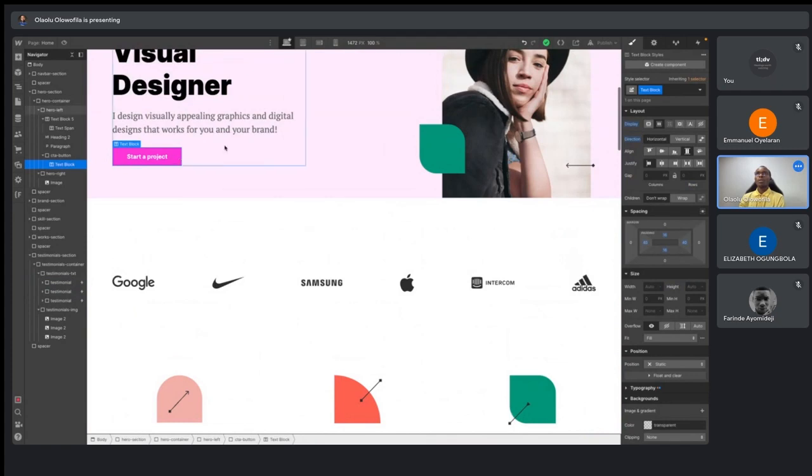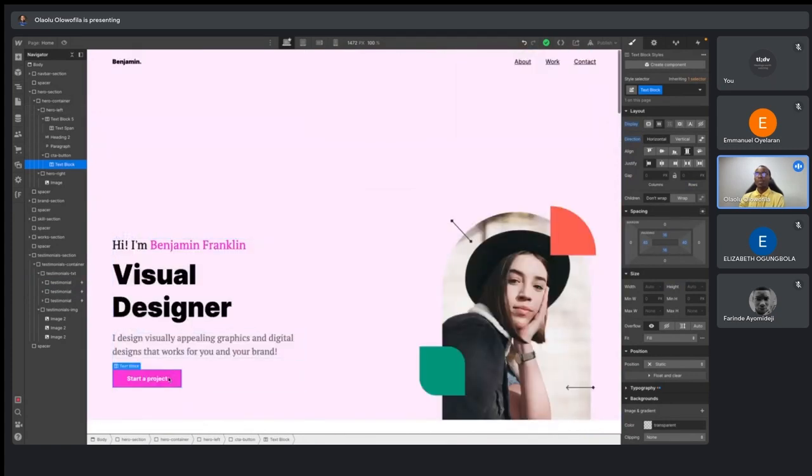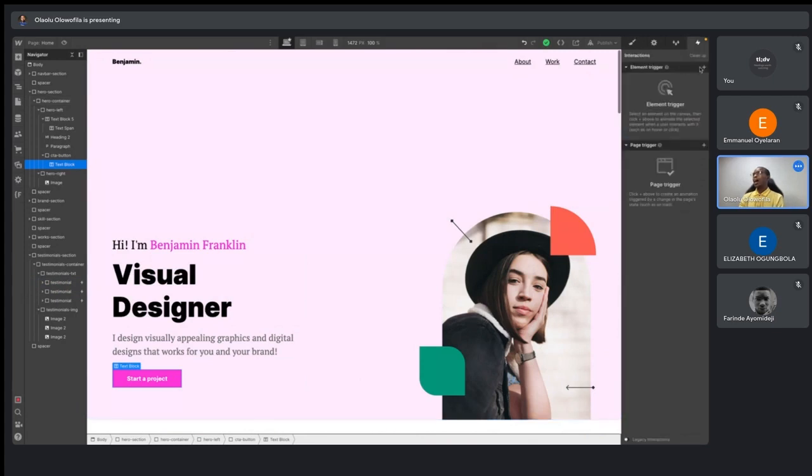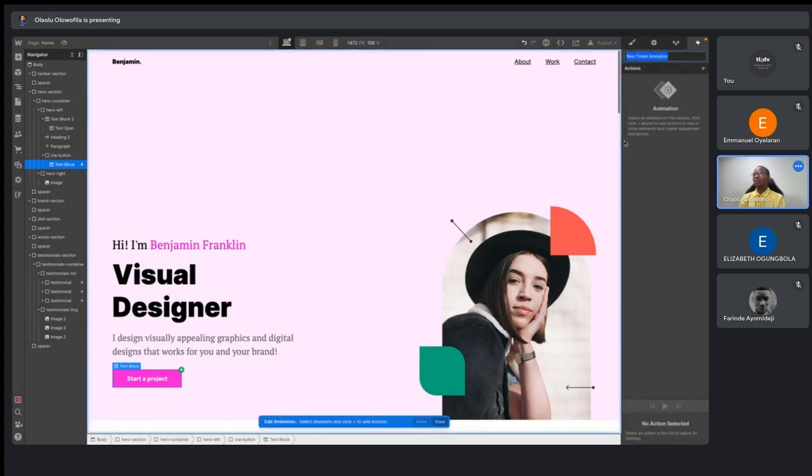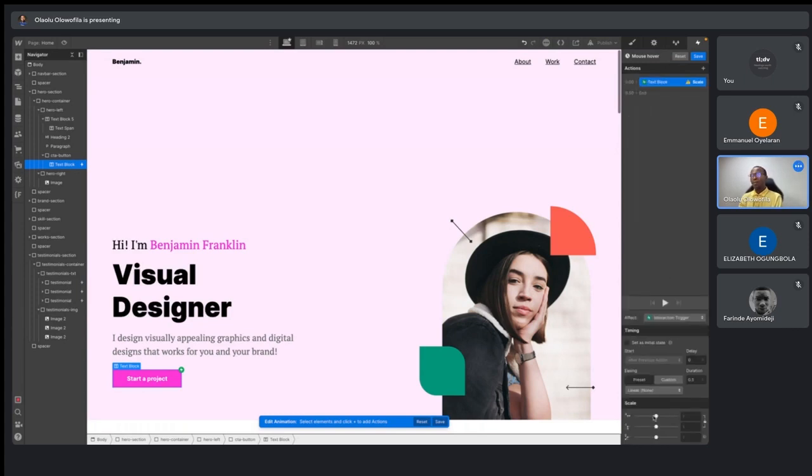do another one with the start a project button. So I'll just come over here and let's simply add an interaction to it, a mouse over. Let's do a mouse over and say what we want to happen to it. You can click on start animation, mouse over effect on the same element. So we are also performing the action on the same element. So what we want to do is that we want to scale it. We want the size to increase